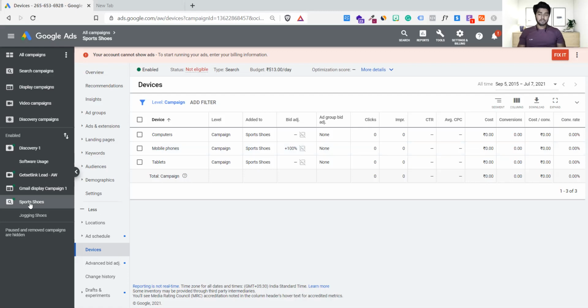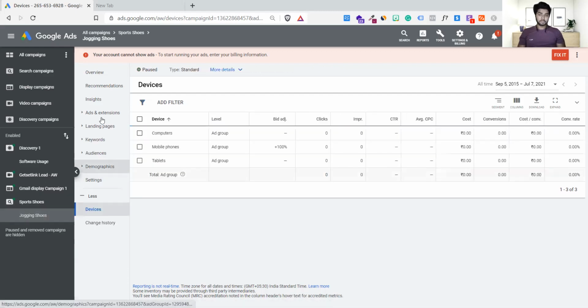This is default. The moment we created the campaign, Google gave us our devices. We haven't at any time selected any kind of devices. Devices are given by Google, wherever people can search on Google: on phone, on laptop, and tablet, and also in smart TVs. That is a different one. But in Google search, it mostly happens from laptops, tablets, and mobile phones.